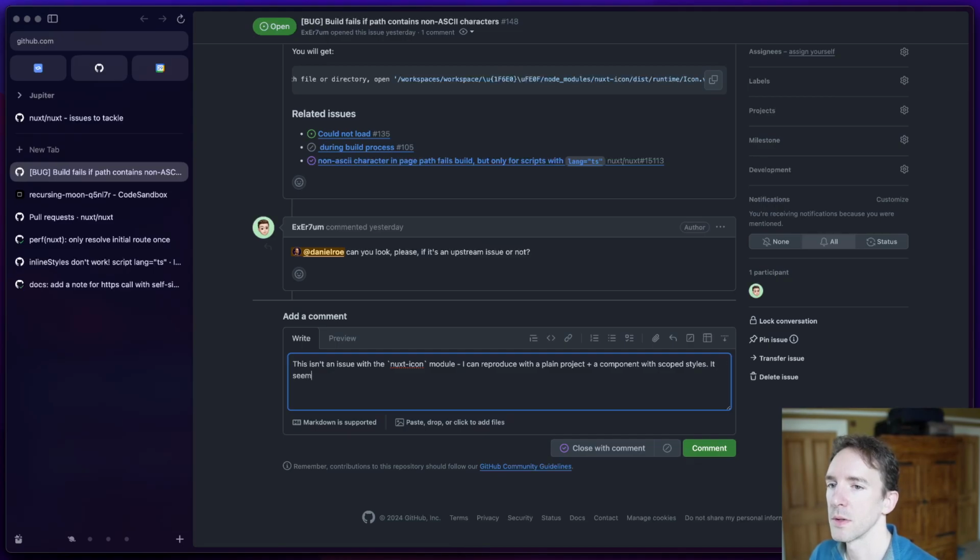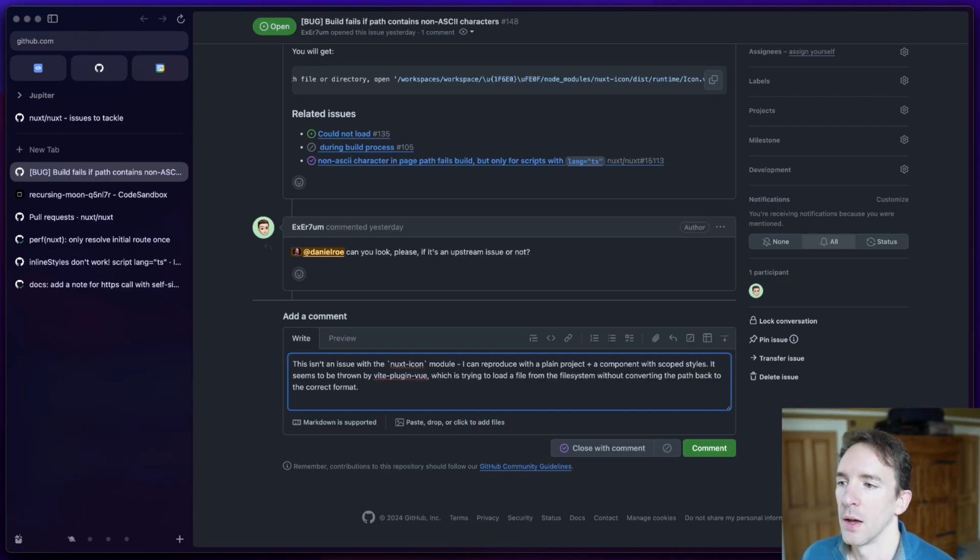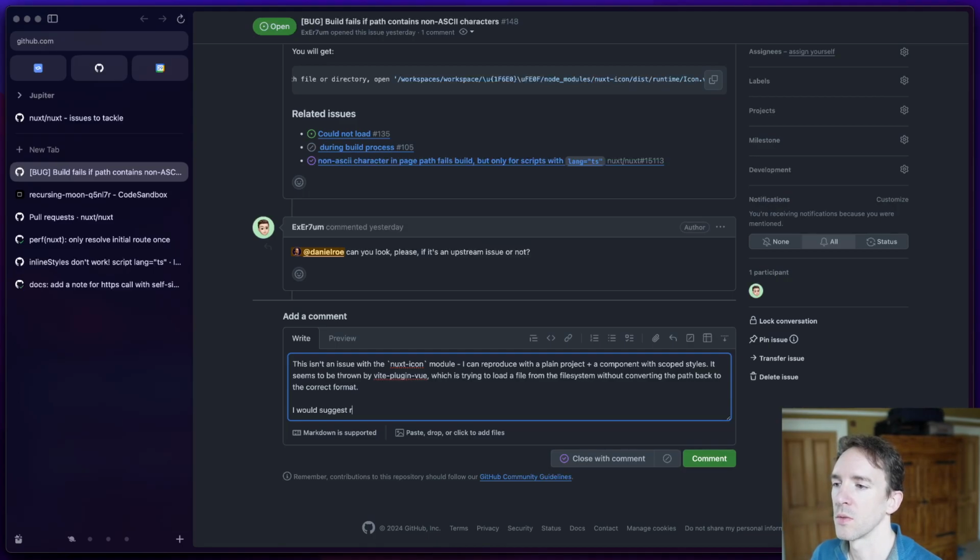It seems to be thrown by Vite plugin vue, which is trying to load a file from the file system without converting the path back to the correct format. I would suggest raising